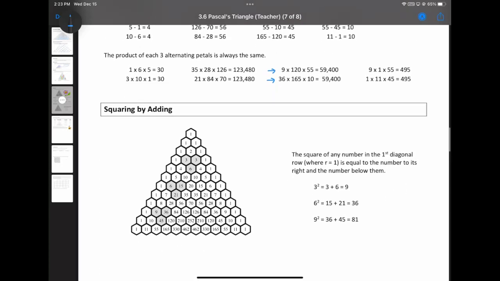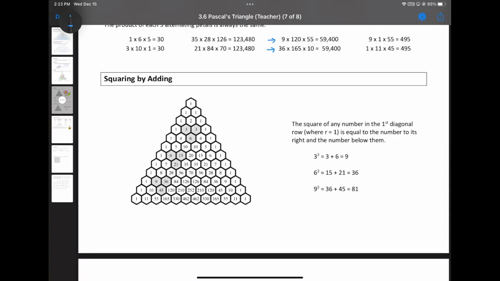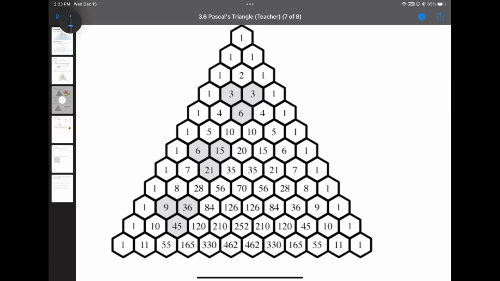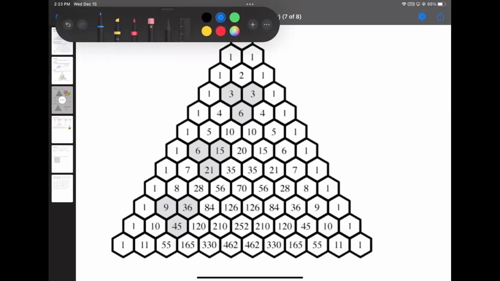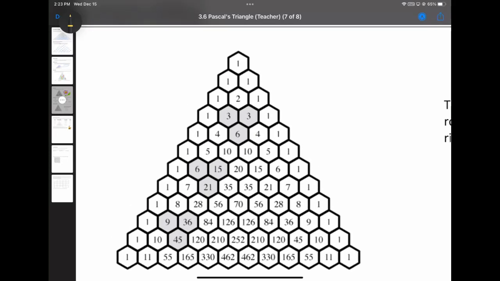Squaring by adding. Also not a particularly useful problem solving technique, but an interesting pattern in here. And again, I'm going to just blow it up a little bit. I'll change color just to see how it works. Now, this works if we choose any number in this diagonal row. Technically, we could do this one too, but let's just focus on the diagonal. So the 1, 2, 3, 4, 5. If we choose any number like 3,